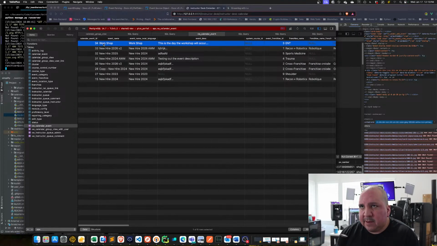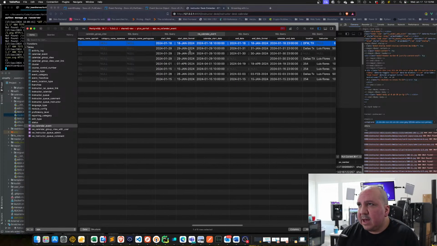So see this top one here, workshop, is the first row. I have what's called calendar start date, then a calendar end date. When you look at it, it's actually the same date, right? They're not different. It's the same date. Why is it the same date? Because